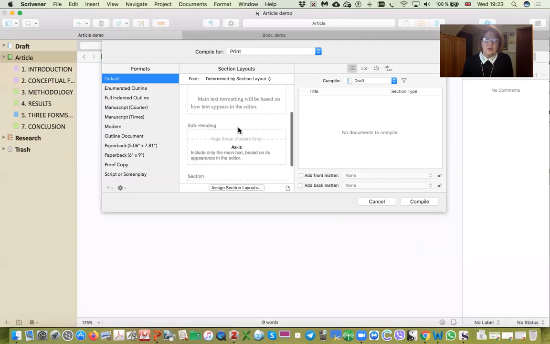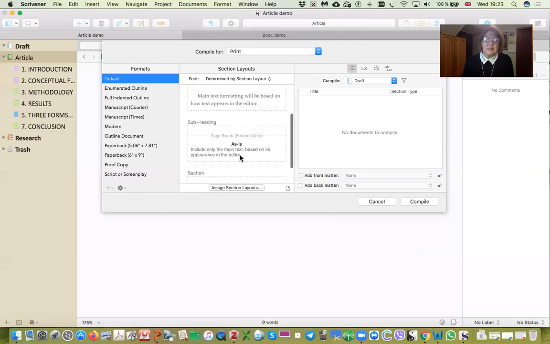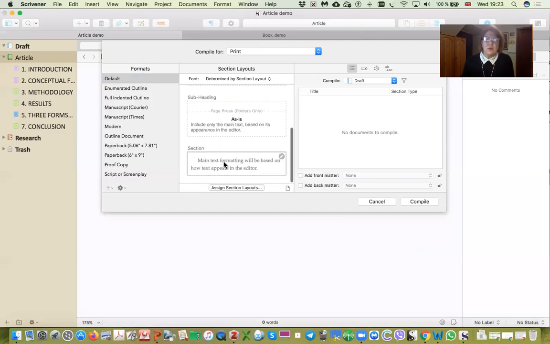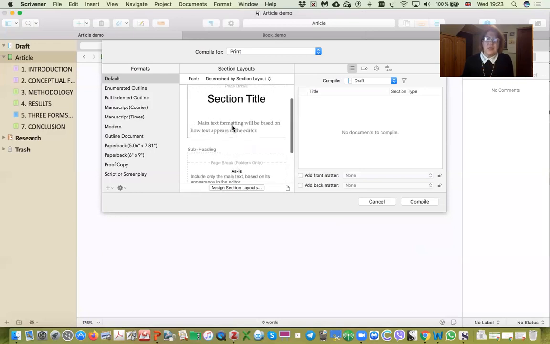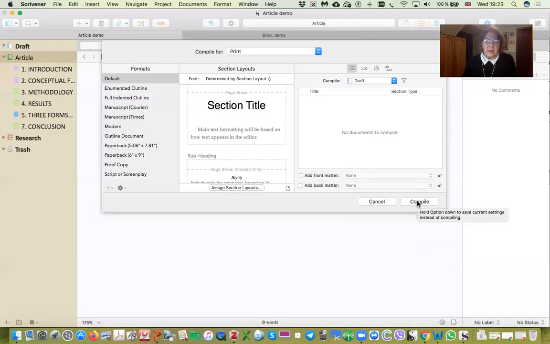So by default, it chooses the section title and some text. Or you can, for example, use just the text. Or you can use another subheadings format and use that. First of all, I do recommend sticking to the default settings because it is safer. You don't need to do all the things. So you click compile,